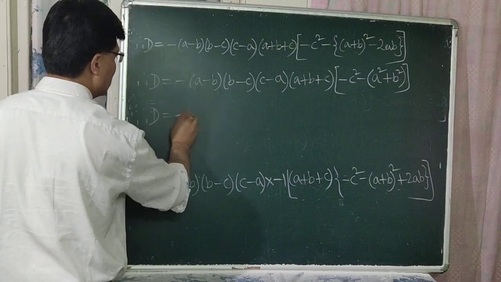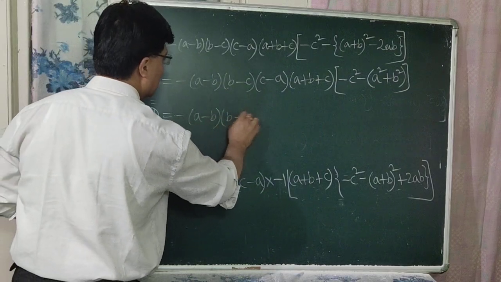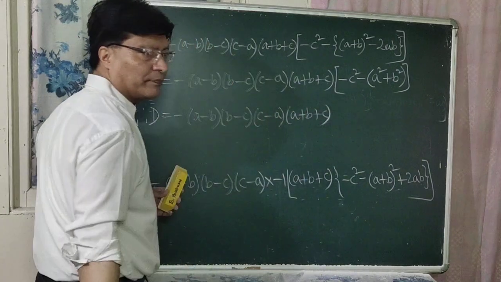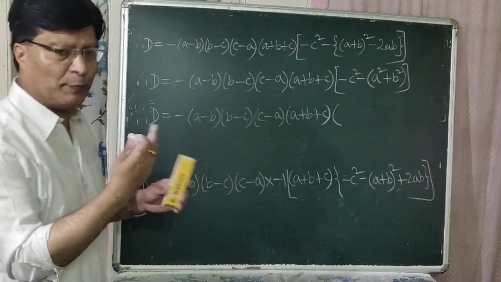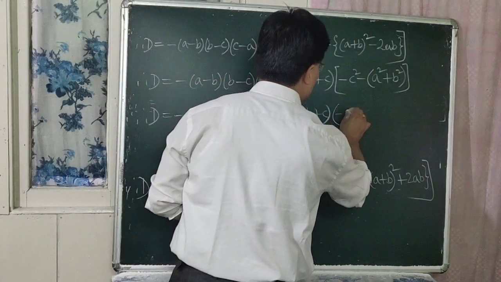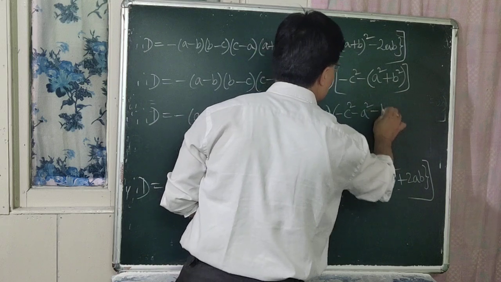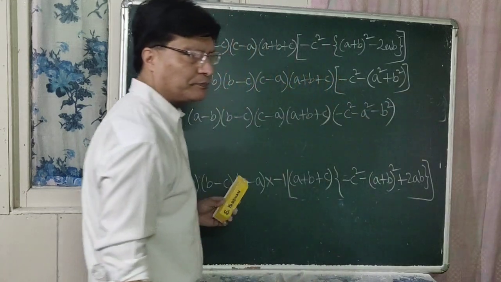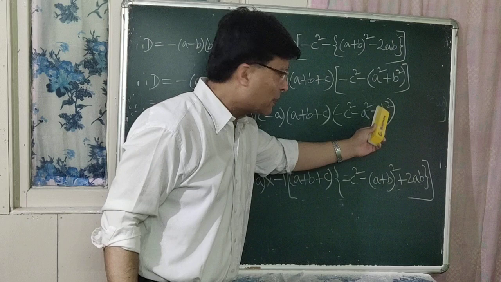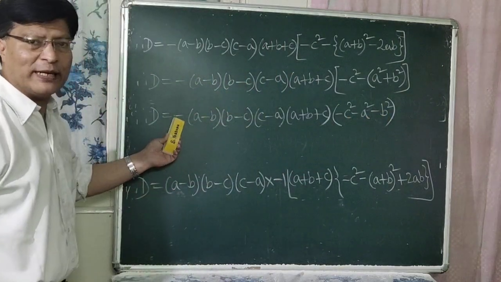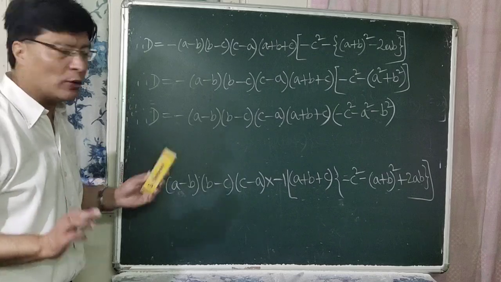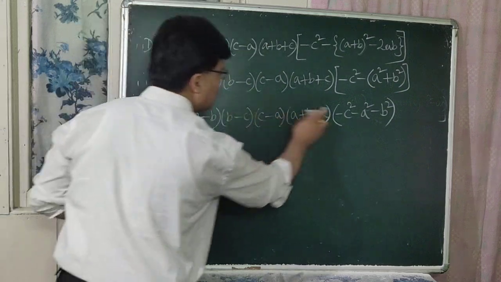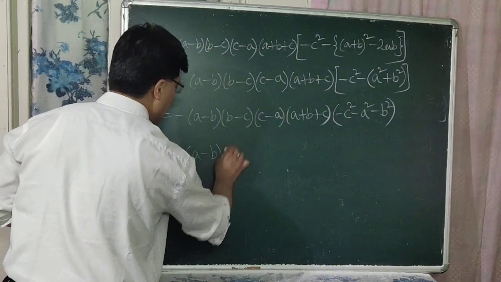So therefore D is equal to minus (a minus b) into (b minus c) into (c minus a) into (a plus b plus c). And within bracket, now open the bracket: minus c square minus a square, minus into plus is minus b square. Again you can take minus common here, and that should be multiplied by this minus. So minus into minus, plus. So usually we don't write plus sign. Okay? So therefore D is equal to, this is minus into minus is plus, (a minus b) into (b minus